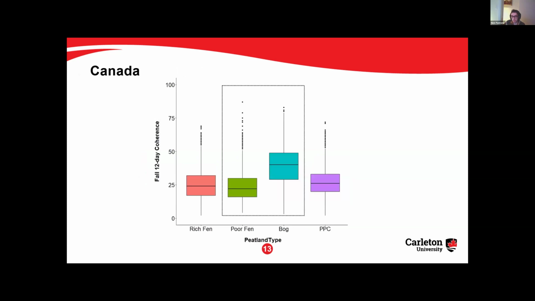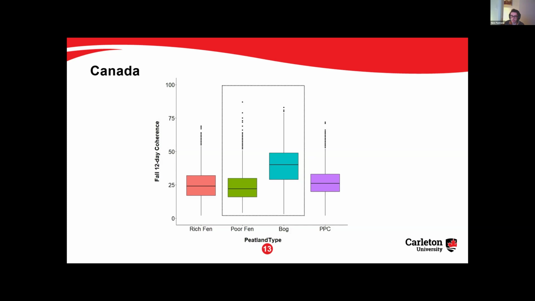And then something else I did was that since we have more class detail in Canada, I also took a look at that. And I think the interesting thing here is that with poor fens and bogs, the coherence for fens is similar regardless of whether they're rich or poor. If vegetation was the dominant influence, you would expect poor fens and bogs to be more similar because they tend to have similar vegetation. But rich fens and poor fens are almost identical here. And so this indicates that in Canada, at least, hydrology is the dominant factor in peatland coherence and